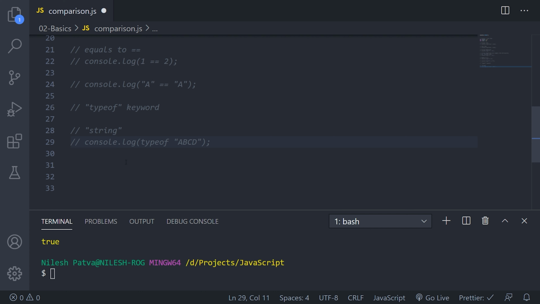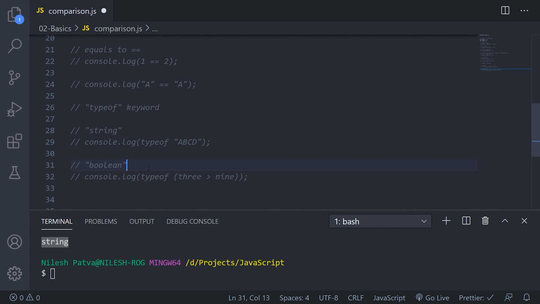First of all, we'll see the string type. If you type typeof followed by the variable or the value, it will give you the type of that particular value. Let's see. It is giving me string. As we know, whatever comes inside quote marks is considered a string.